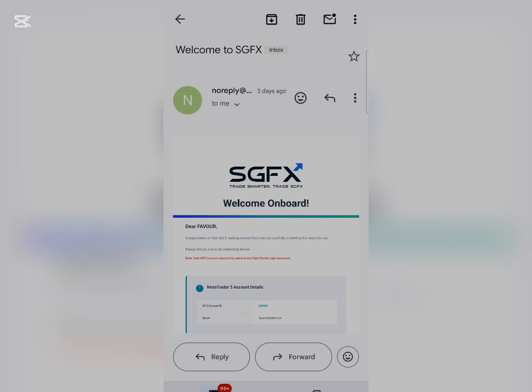So this is the mail I got from this particular broker, and as you can see right here, this is my MetaTrader 5 login ID, and this is their server name right here, Spectra Global Live. It is a live account. So you just have to search for their server name. As you can see, I got this message 3 days ago. I just said I should do this video for you guys so that you won't miss out on this particular opportunity. So after getting this message, all you have to do is head straight over to your